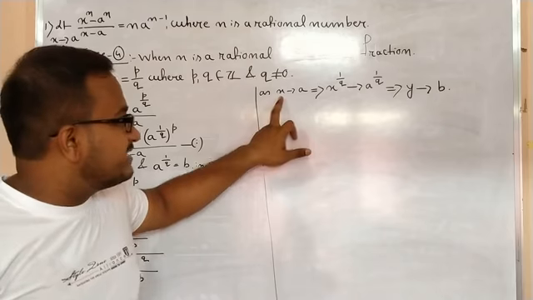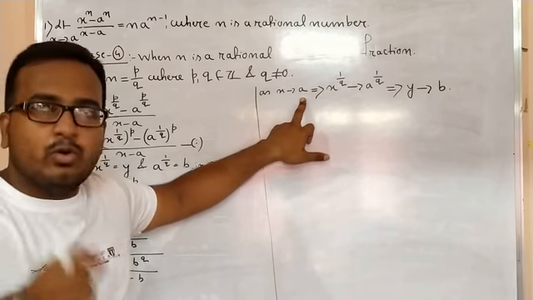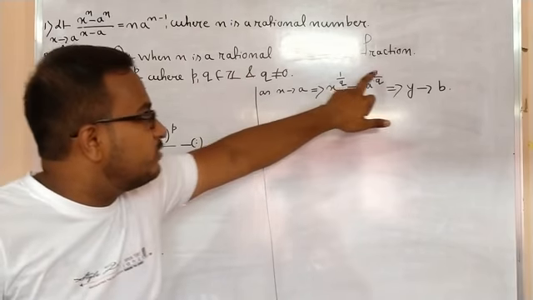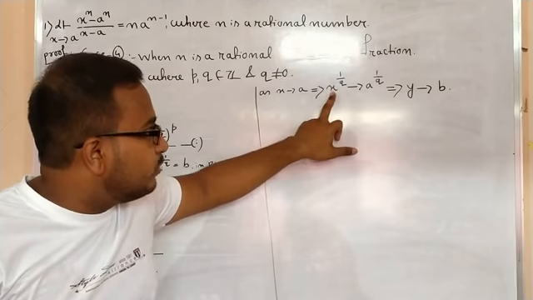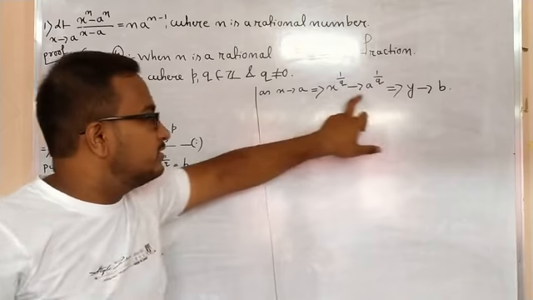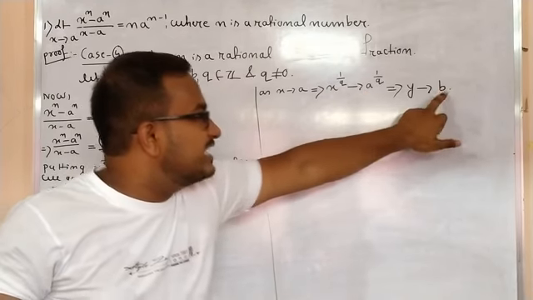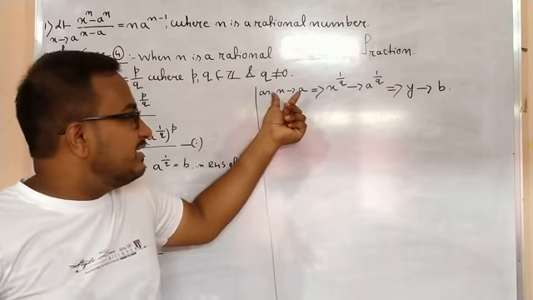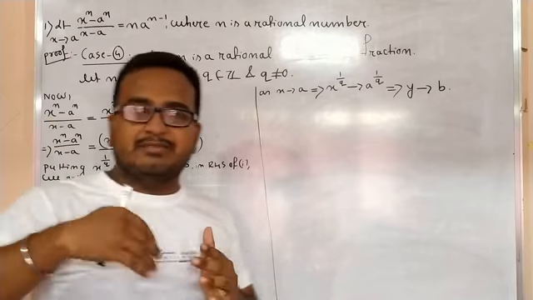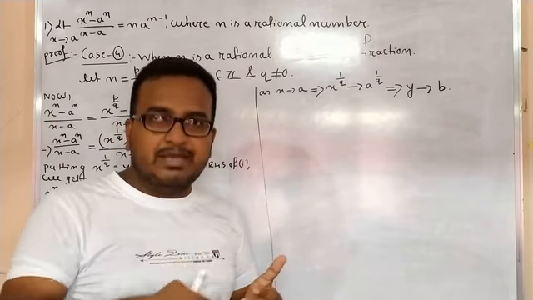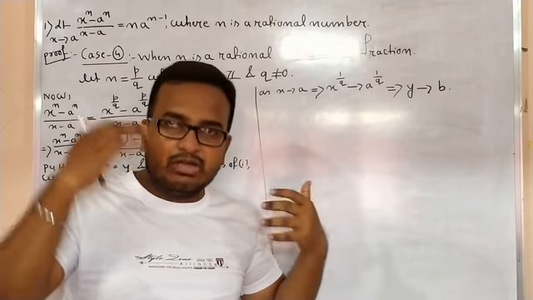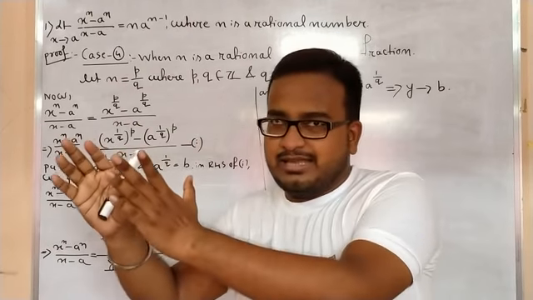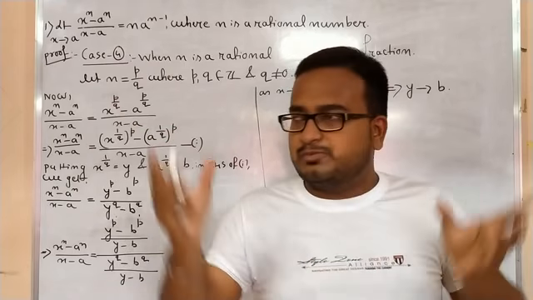So if x tends to a, x is approaching towards the point a, then if I take the same power on both sides, this quantity approaches this point. So this is nothing but y and this is nothing but b, as I have already renamed. So y tends to b. So what is the meaning of this line? That the variable x tends to a, that is, x approaches the point a, is the same as the variable y approaching the point b. The meaning of both these statements is the same. As x approaches a, you can say y approaches b.